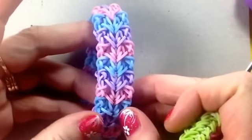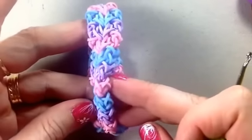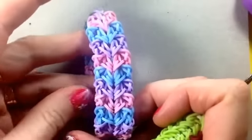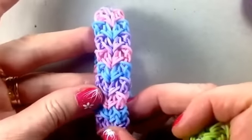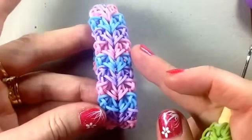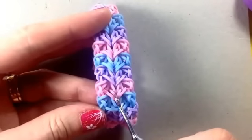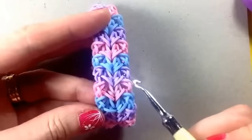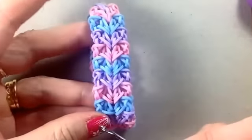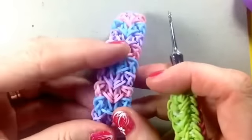Crazy Just Might Work on Instagram, and this tutorial is on the Cheerleader design. This is the one that I posted, and I'm going to do it in the same colour pattern as I have here. You can also do it with one colour here and a highlighted colour along the edge. That looks quite nice too, but I got a good response to this one, so I thought I'd do it